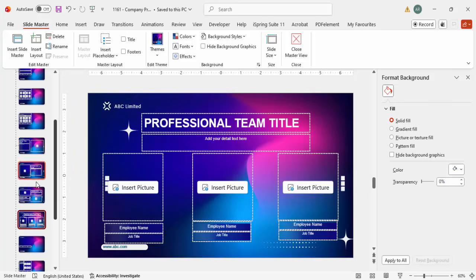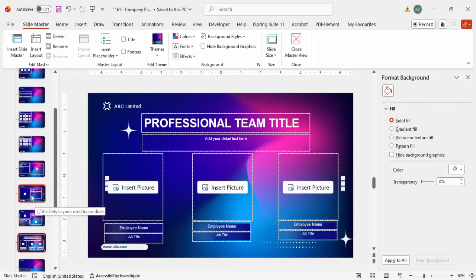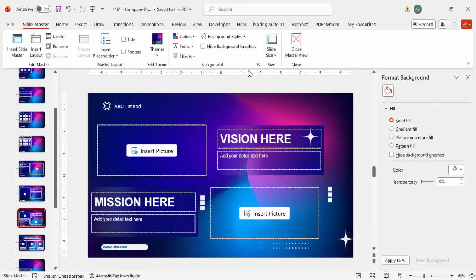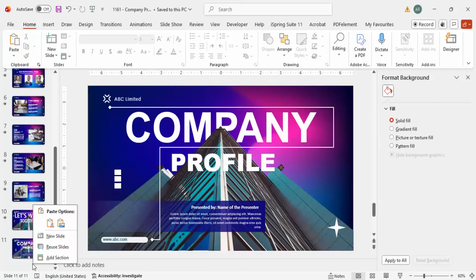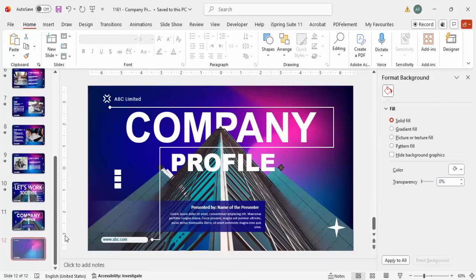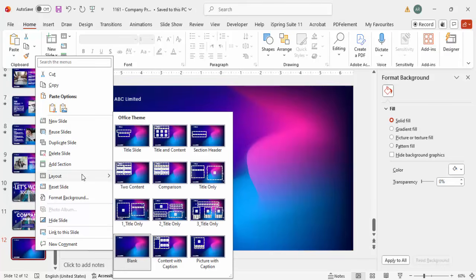So you can use these multiple layouts to create the presentation very quickly. Let me show you how to create the vision and mission slide, for example, which is this one. So let me close this one. I'm going to New Slide. You can see here that the moment I use the new slide, it comes blank. So for that I need to use the layout: right mouse click, select the layout, and you can see here